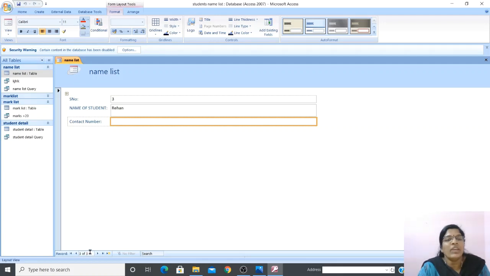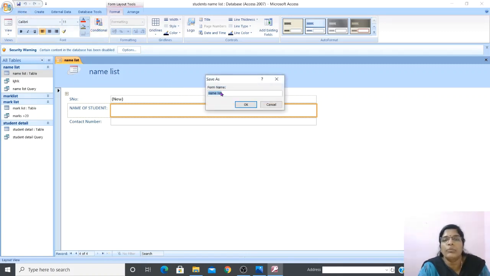Okay, so this is a way you can view your data which you have created using this form. Got it, students? Under format, you can see some formatting options. So if you want to apply any formatting, you can do it. Let me click on this icon. It's a new record. If you want to enter a new record, you can just click on the new record button. Clear?